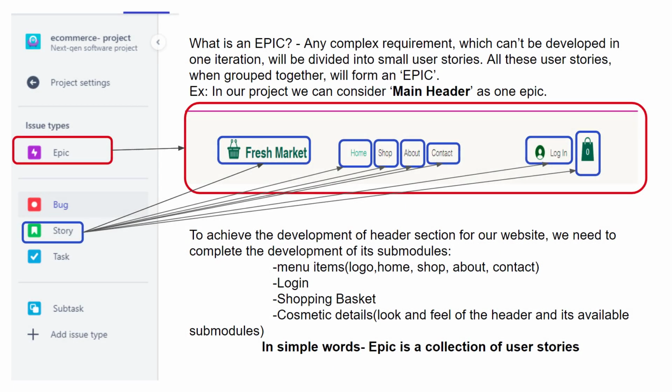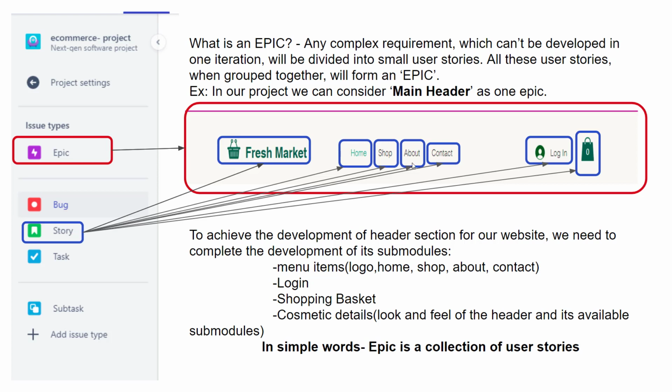Okay, now that we have installed Jira in our machines, let's actually start working on a live example. Consider we are working for an e-commerce website and their business is an online grocery store, and say that grocery store is providing an option to shop a variety of groceries using their website, and they already have some features which are developed like the home page, shop page, and login module and the shopping basket module.